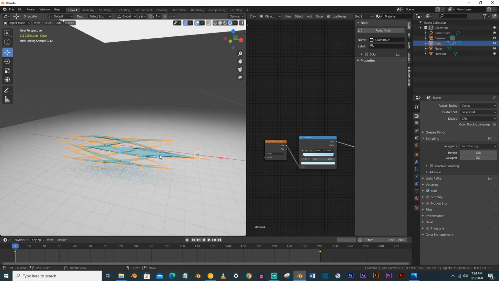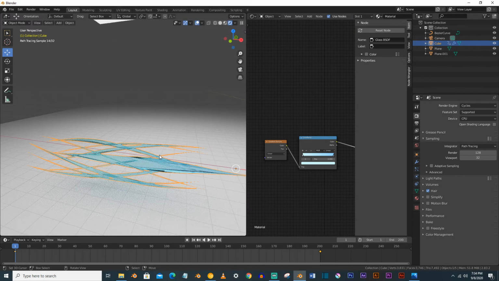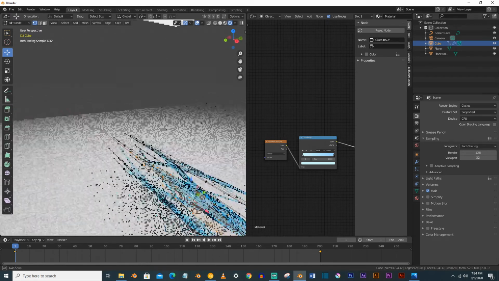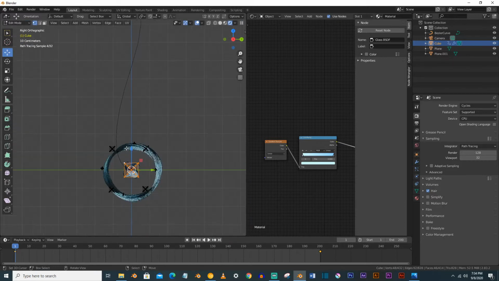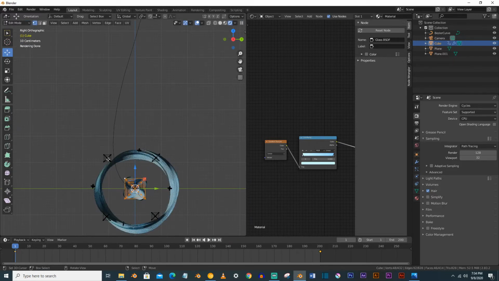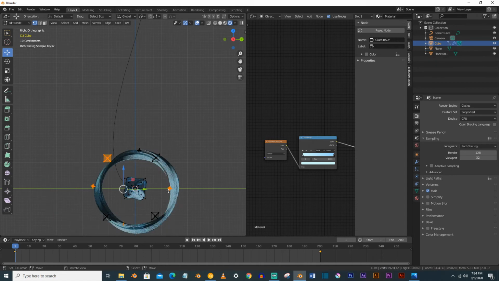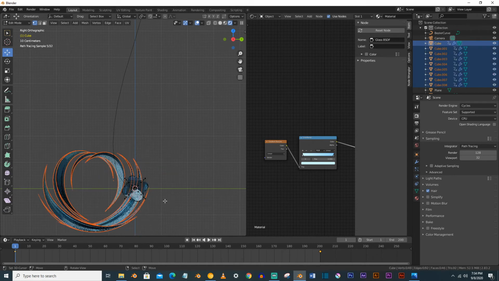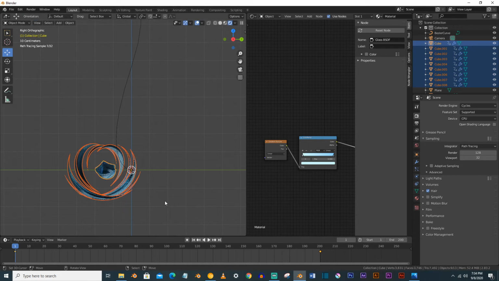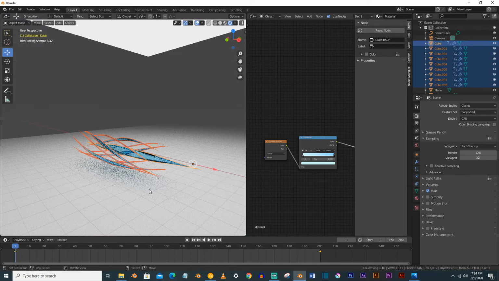And you can also go to the edit menu and select some random parts of the crystal and press P to separate by loose part like this.